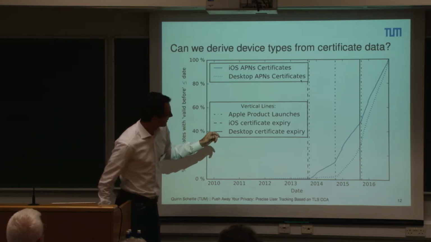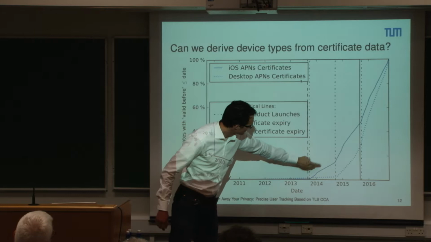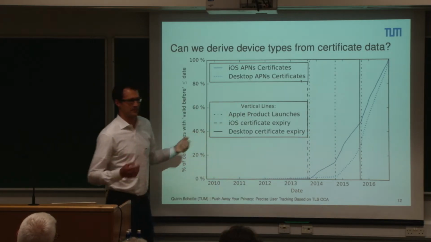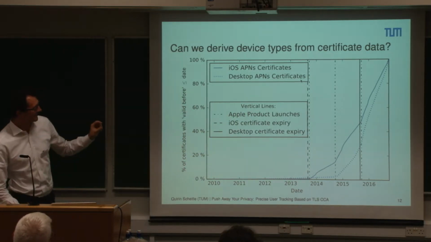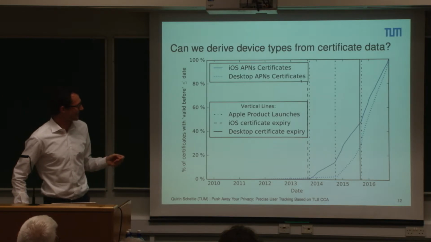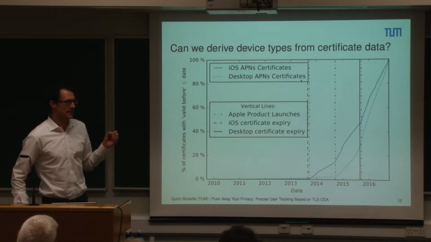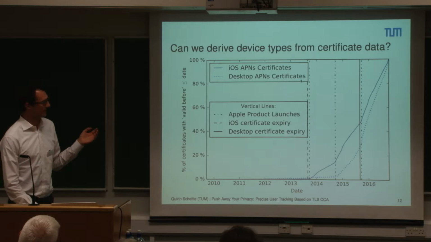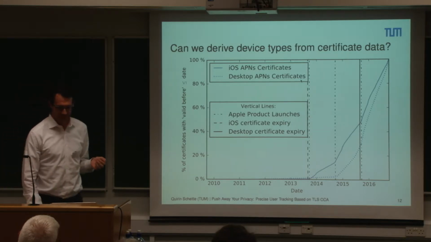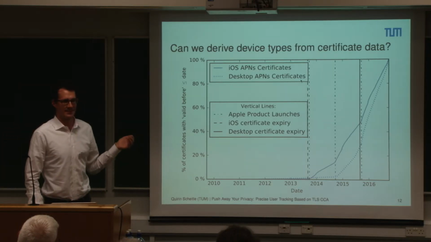So you can probably tell, yes, that's probably the new iPhone or whatever. Also, which I just realized recently, at year end there's small peaks, so probably people get new stuff for Christmas or something. But you can see it in the trend. It's really interesting to see that, and it's really at second level, so we can really tell when the device was bought and turned on. So that was also quite interesting to say. We can actually give a reasonable estimate about the device type.